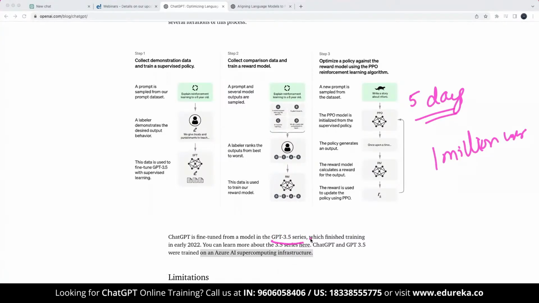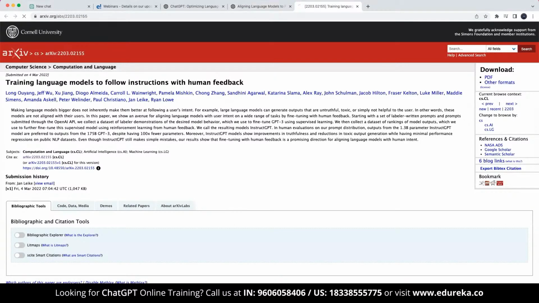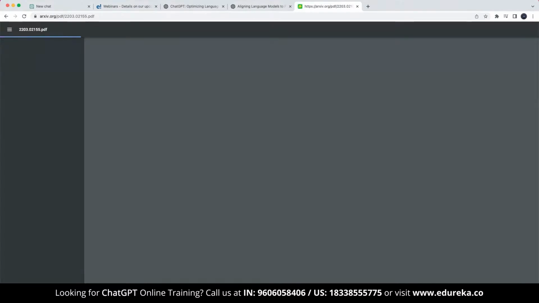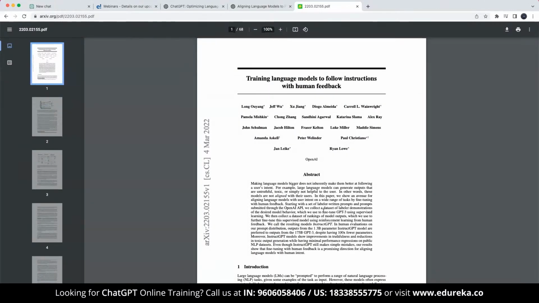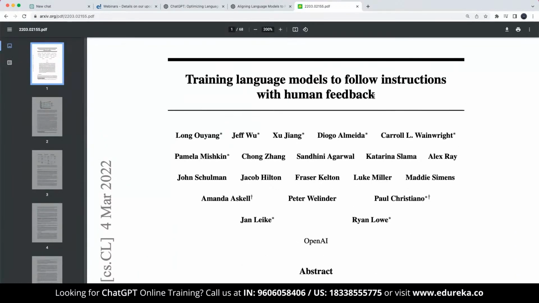And this has been trained through Instruct GPT. Now, here, if I go to this Instruct GPT, they have actually shown the research paper. If we click on this read paper, it takes us to the research paper, which describes the Instruct GPT, the model that ChatGPT was actually based on. So here, if you look into the high level details: training language models to follow instructions with